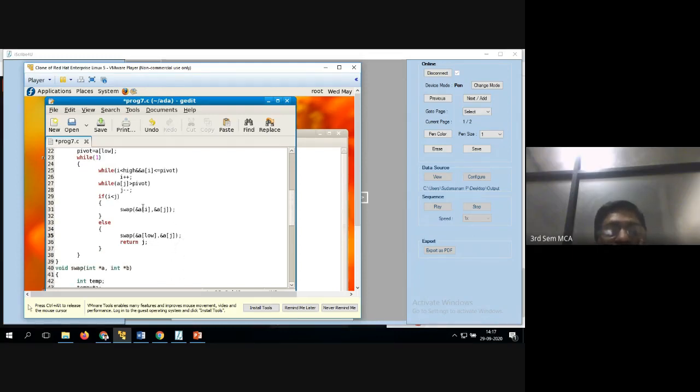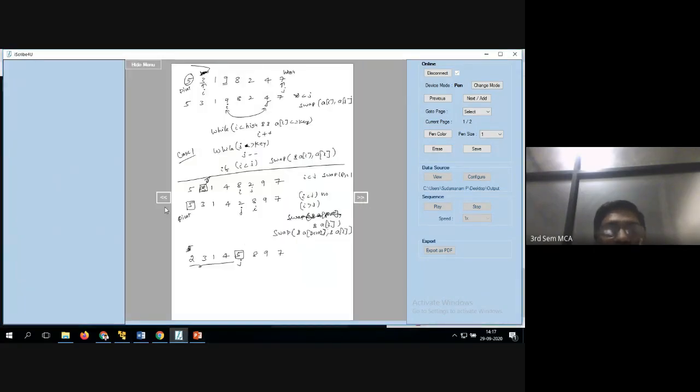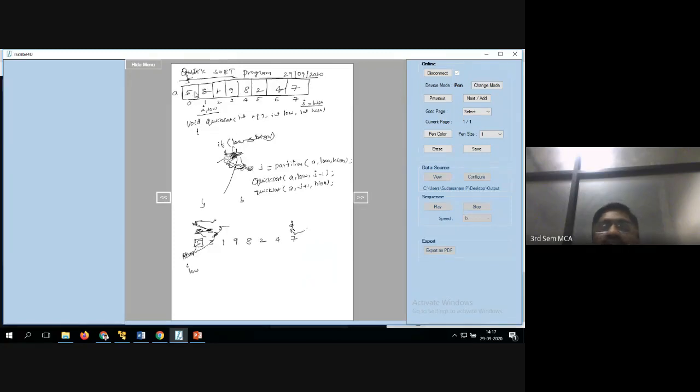Now I'll come back here and tell you the code. This is the low value and pivot element, incremented by 1, and this is called the I location. So how to write the condition: this is the low value, this is the high value. If low is less than high, j is equal to partition of A comma low comma high.